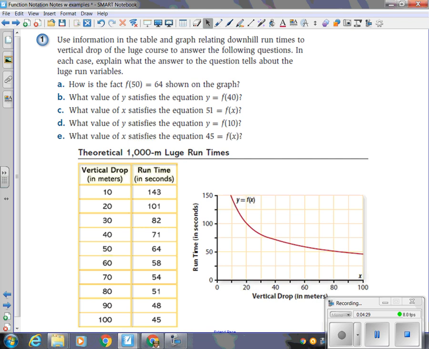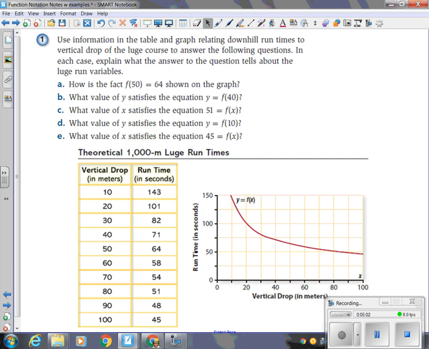What we want to do is talk about vertical drops. In this case, is run time a function of the vertical drop? First I figure out what the drop is, and then I can calculate how much time. So when you enter the event, you already know what the vertical drop is, which makes it the first thing you know. You're going to actually time how many seconds it takes you to come down. Vertical drop versus run time.